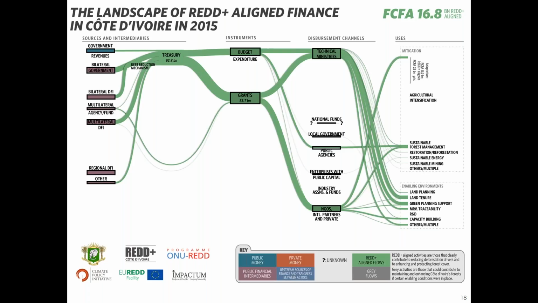We can therefore see that enabling environments are still underfunded in Cote d'Ivoire, and mainstreaming REDD+ objectives in sectoral spending will require considerable additional investment in the coming years to build up a stronger enabling environment, including focus on land use planning, increasing the support for revising land tenure risk, and building up robust enforcement and measurement systems, as well as capacity building.